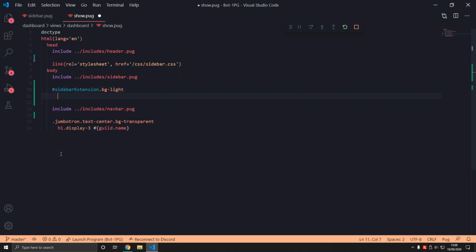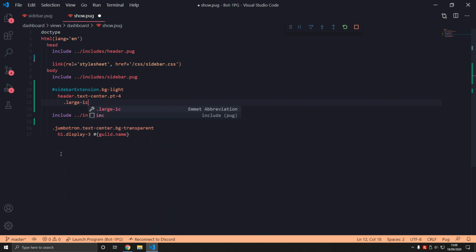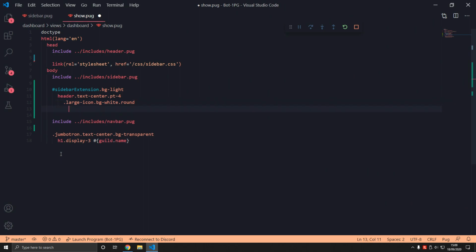Now what? It's going to have a header with text center, and it's going to have padding top 4. It's going to have a large icon class, BG white, and it's going to be round. Basically copying this. We're going to have a round image, and we're going to have the source being user